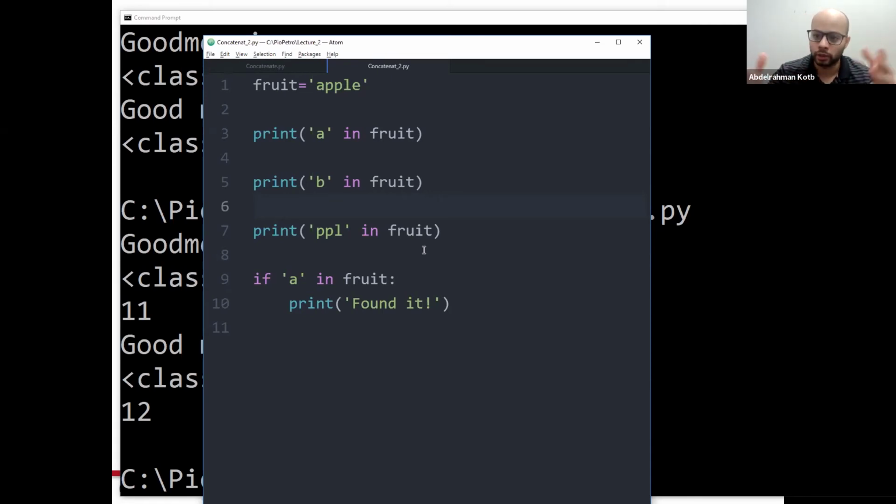Why would we ever be looking for one word or one letter within a word? Actually, this is what Google does in a way. Of course, Google is much more advanced. But I used to do a lot of research, and whenever I'm interested in a topic, I would go to Google Scholar and type in a word, and Google would give me hundreds of thousands, if not millions, of articles to go through.